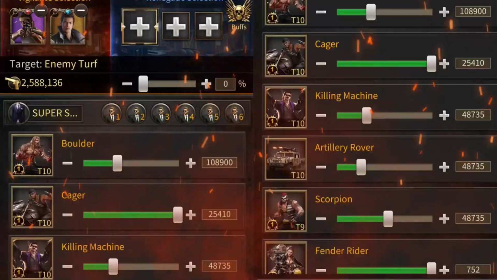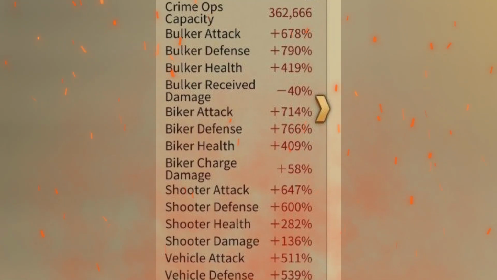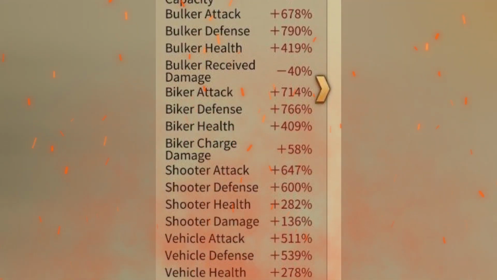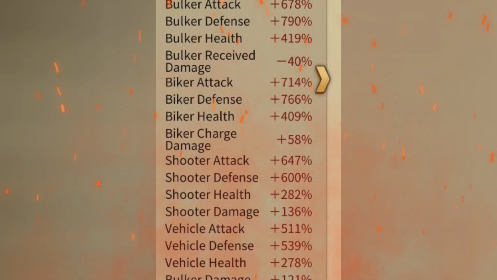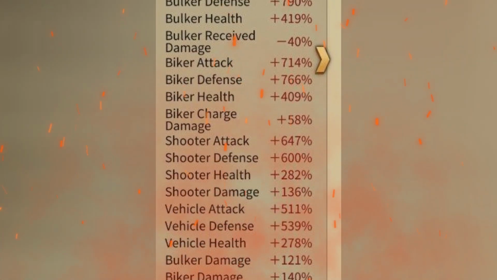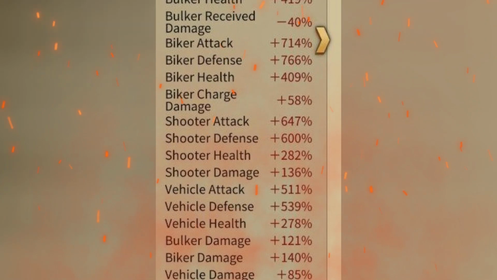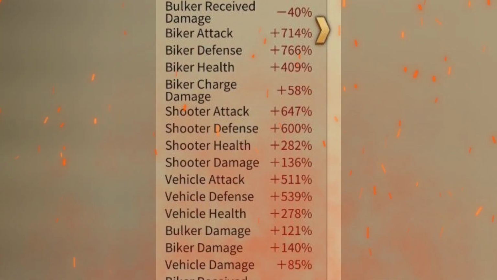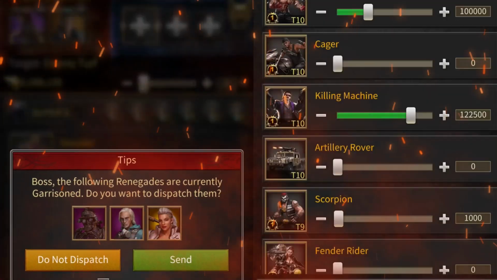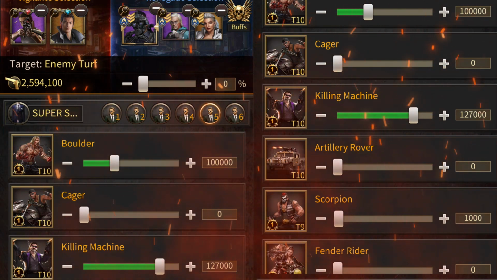You can see this battle report in front of your screen, and this is the perfect example of a very well balanced player. Well, I will not say he's balanced. I think that his health is overpowering everything else. But still guys, this guy has 400 plus % bulker health with 700 something attack. And this kind of health you will see in a player that has 1300 plus biker or shooter attack. So he has the health of a 1.3k plus stats player, but he doesn't have attack like that, but still